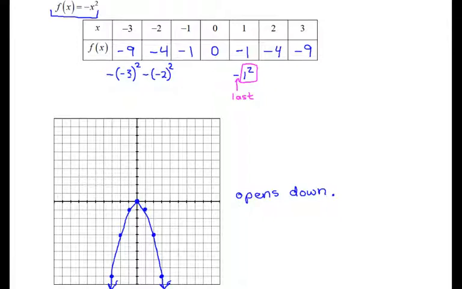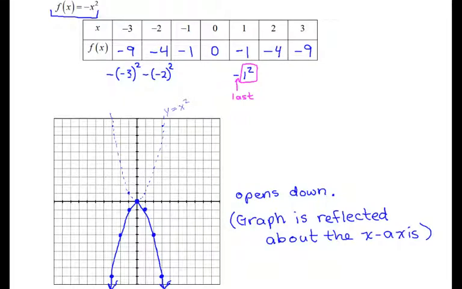We call this kind of transformation a reflection about the x-axis. And the reason that we call this a reflection is that if we consider all of the points that were on the graph of y equals x squared, like this point 1, 1, we can think of each of these points as moving to the other side of the x-axis from where it started. So if the x-axis is a mirror, so this here is the x-axis. If this is a mirror,